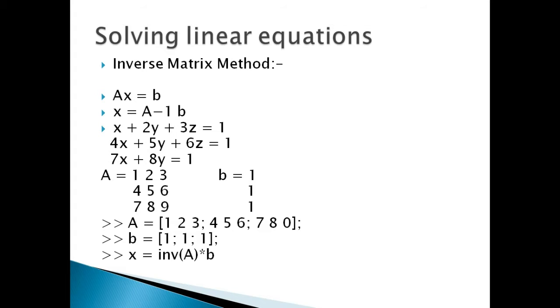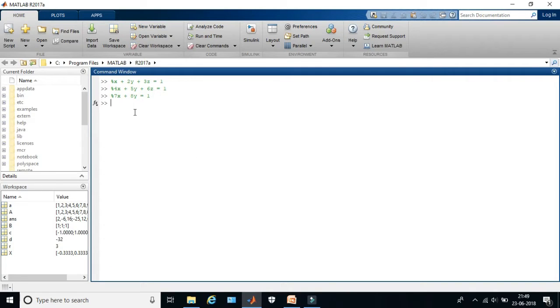So let's understand this inverse matrix method in the Matlab command window. Now here I already commented out the equations. To comment out the equations or anything in Matlab, you have to use this percentage sign or percentage operator. Now I am going to enter the first matrix, that is A equals 1, 2, 3, and in the second row 4, 5, 6, and in the third row 7, 8, 0,